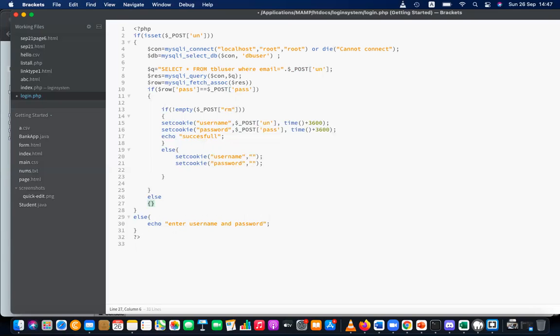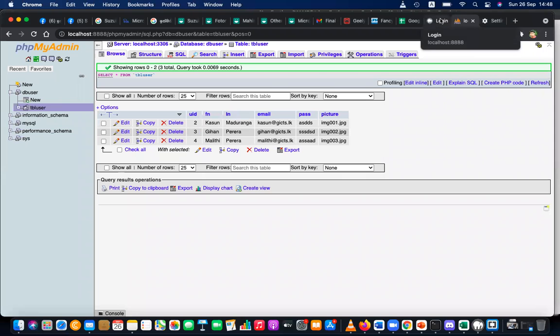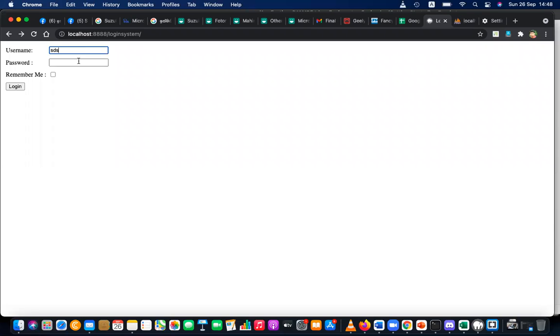Then you can say else, echo error. Maybe you can say invalid details. Likewise, you can verify whether the user credentials are equal in the database to the entered credentials. Then only it supports the login. Here in this case, now if you go to the website and give some wrong data, it will not log in. Instead of that, it's